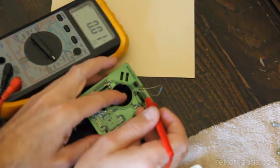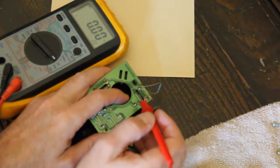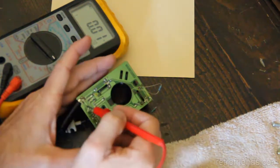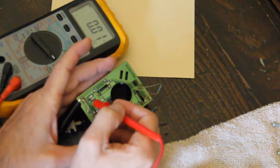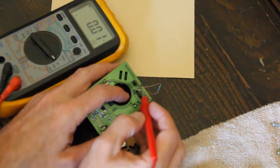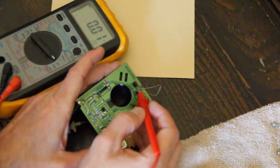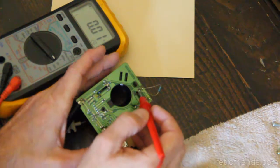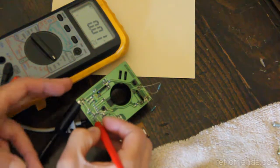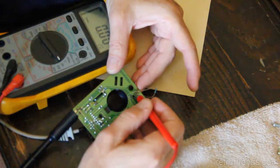Let's try to do this. It's a little bit difficult. So again, the way I test this is I put my positive on the ground, or shield, the ground plane of this board, and I'm probing on the sense side. One side is supplied with voltage, the other is too. And another thing I discovered is that this thing's only receiving 4.5 volts. There we go,